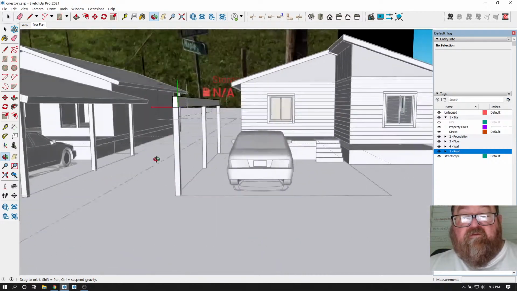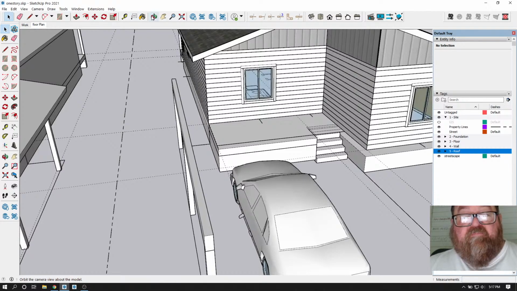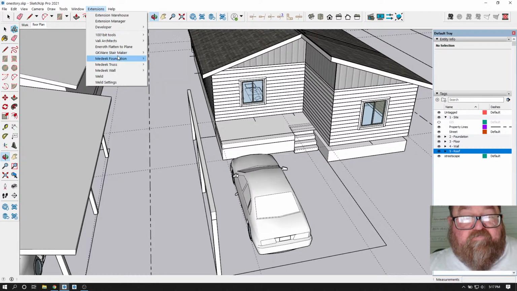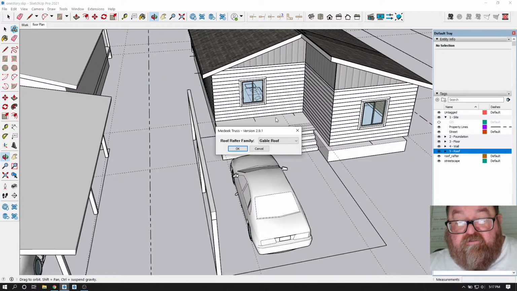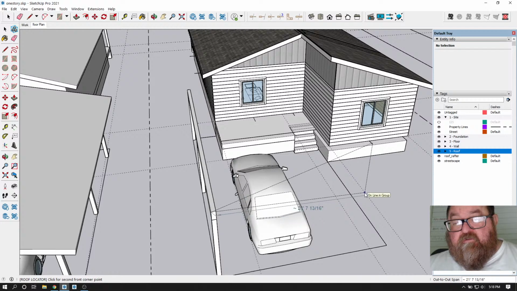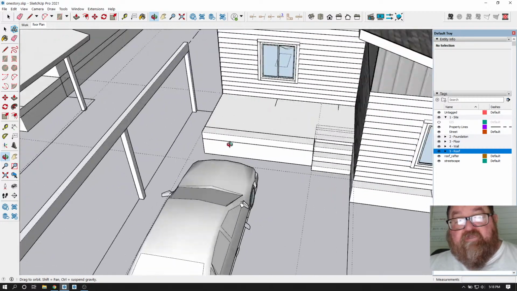Now, what we might be able to do is, let's see if our Medique, I think it will do a shed roof with rafters. Let's go to rafters. Or was I remembering shed roof? Hey, it worked. So that means, yeah, that's going to go that way. So I need to figure out what my dimension is first. My dimension is,